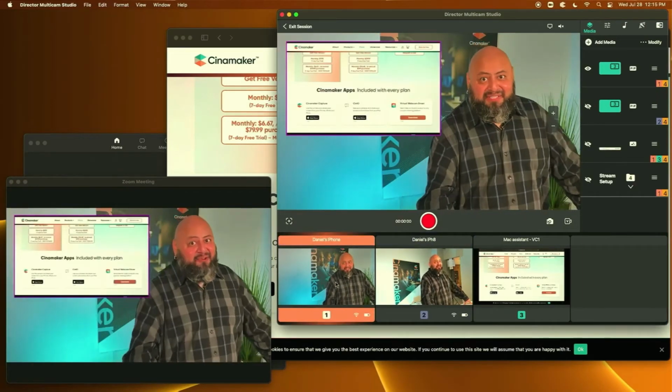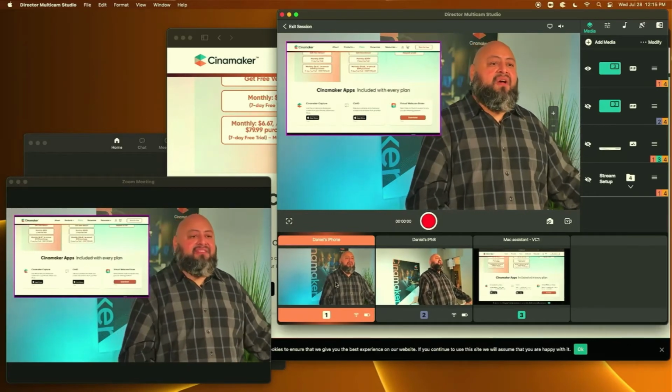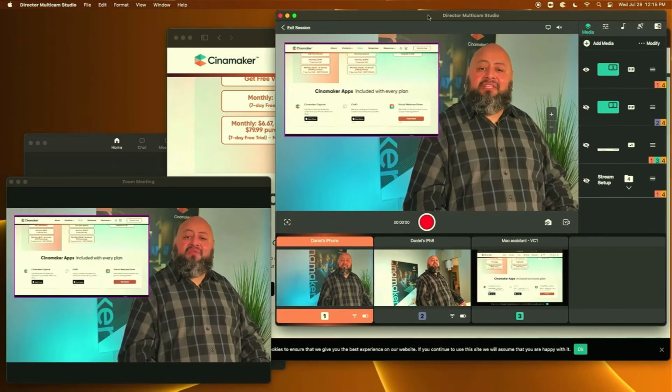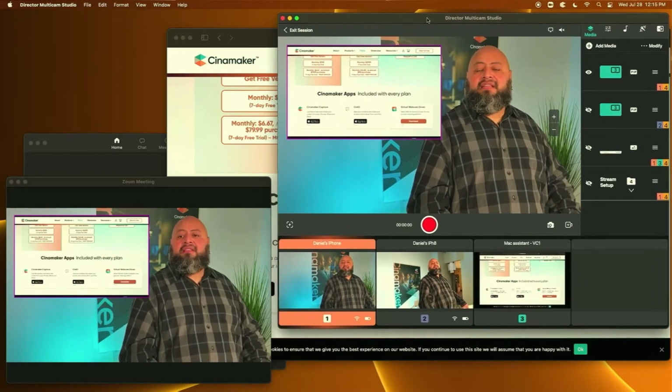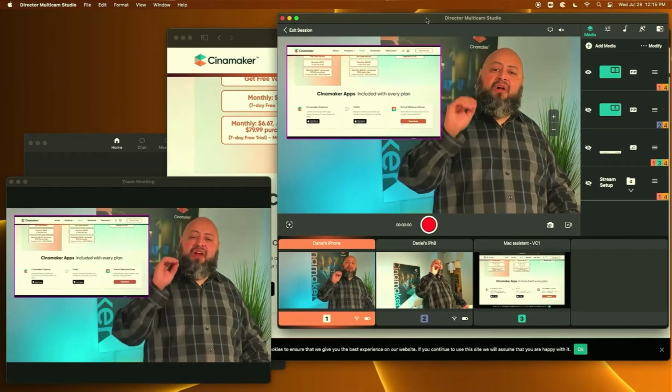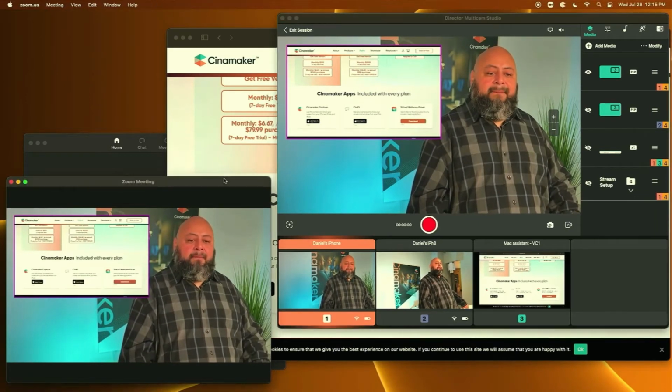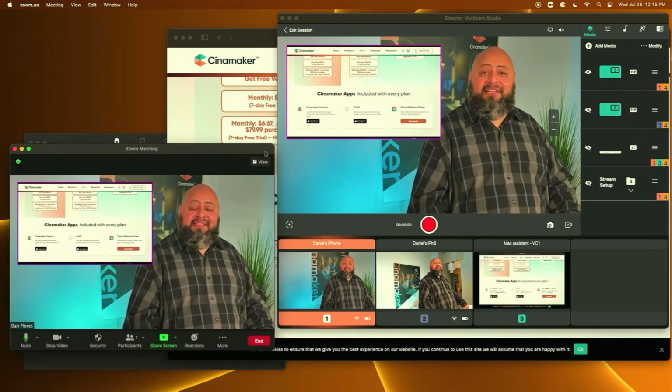Now you are Cinamaking. Okay, so now it's time to check our Zoom settings. Because we already turned on the Cinamaker virtual webcam driver on Cinamaker Director Multicam Studio, you'll notice that every time I switched, my Zoom video changed.